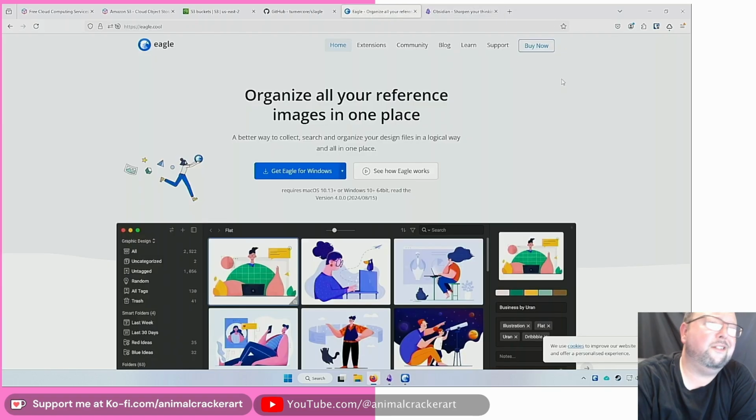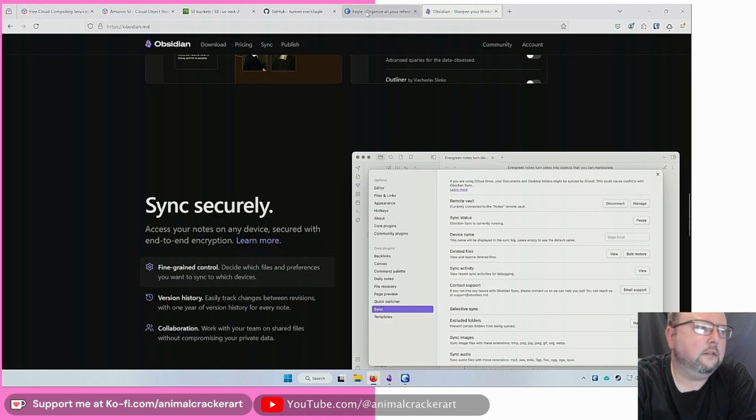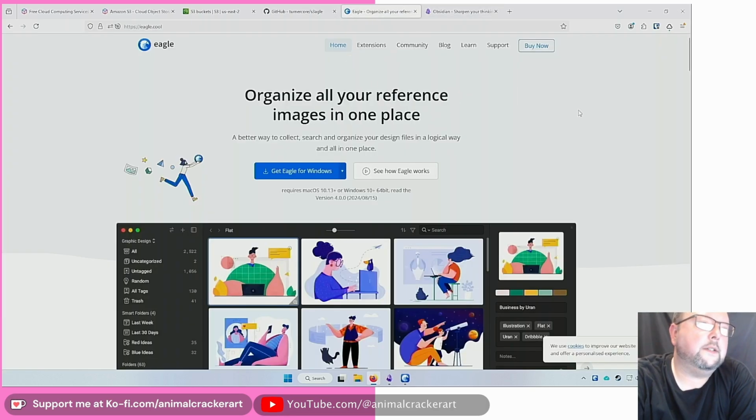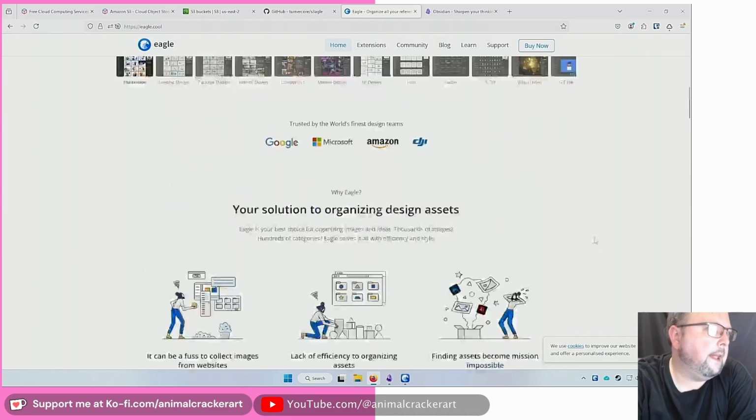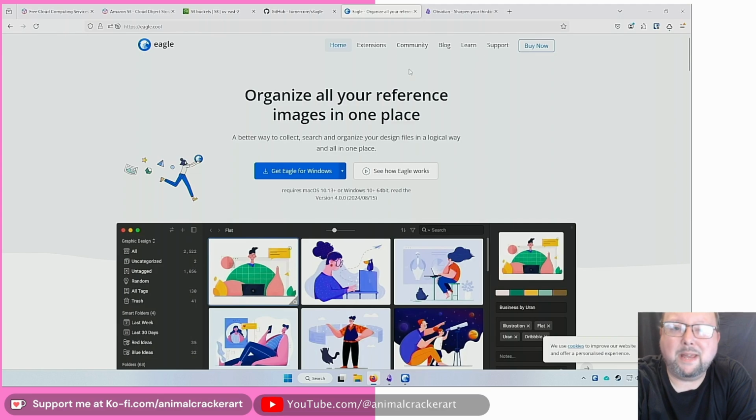You know what else I enjoy? I enjoy Eagle. Eagle.cool. A digital asset management application for Mac and Windows. Obsidian is free, with some optional paid services if you need them. Eagle is $30 for a license for 2 simultaneous installs, and Eagle got a nice big update recently that I'm